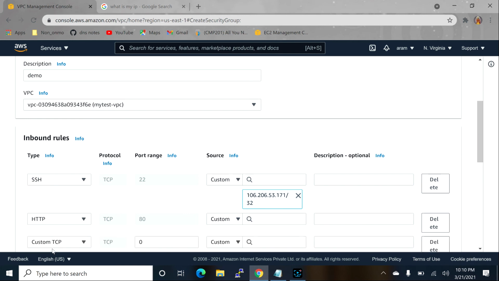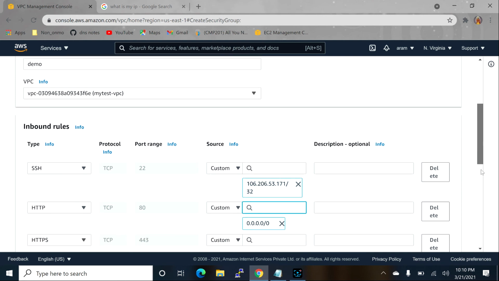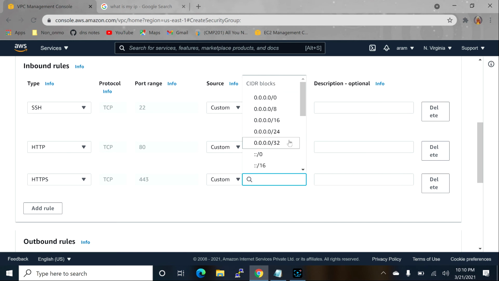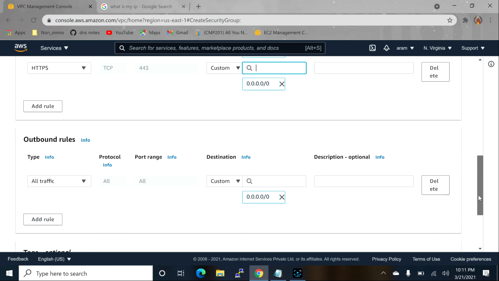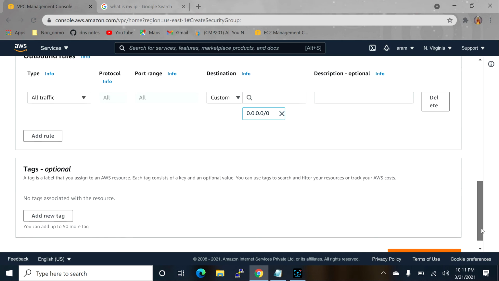Then HTTPS, and here I'm going to open the network to everybody. Outbound is all traffic anyhow, so leave it. That's just created.